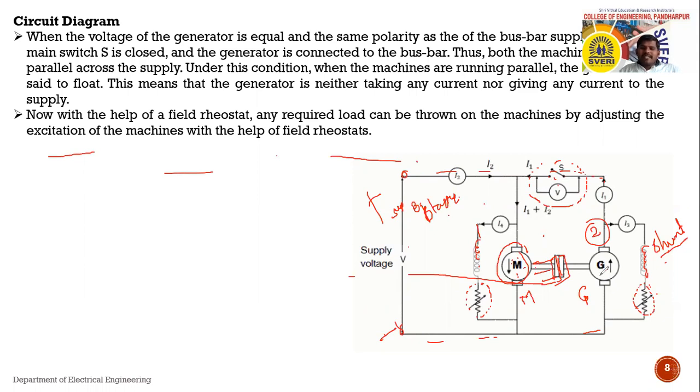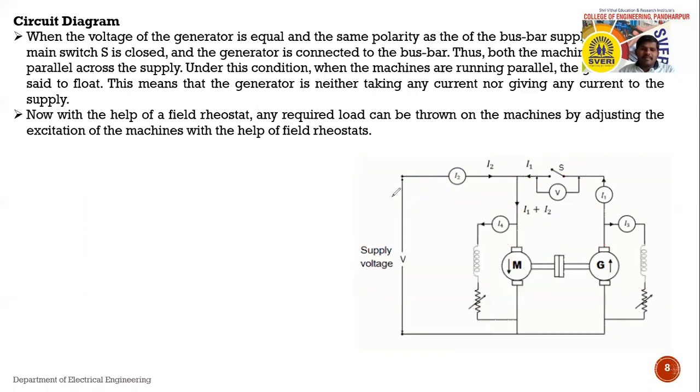See, when the generator starts rotating, first of all by varying this field winding we are achieving the rated speed of the motor. बघा कशी प्रोसेस करतोय आपण. See, supply काय केला आपण, on केलेलं आहे. That means I am providing supply to the machine. When the supply is provided to the machine, and by using a starter we have started the machine, that is we have started the motor.